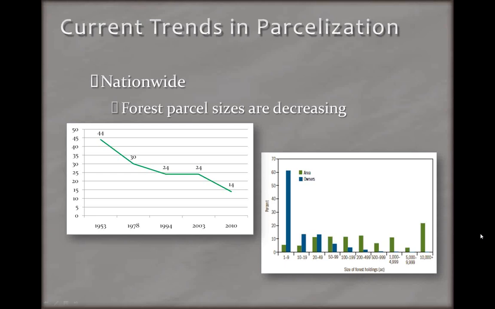And then if you look at the size distribution, the 1 to 9 acre size class is where the majority of the landowners are. However, if you look at the amount of land owned, it's the large landowners. There are very few of them that own 10,000 or more acres, but they do own a majority of the forest land. A lot of that's the industrial forest landowners. But this is an alarming trend, especially for resource managers, and a lot of the paper mills and pulp mills as well, trying to find enough material for their mills.